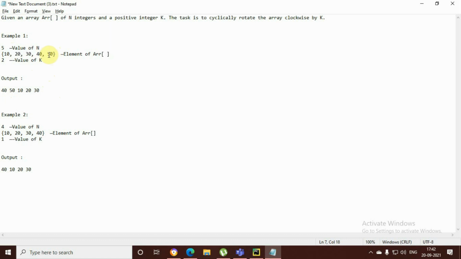We have to take the last element of the array and put it on the first, that is 0th index, and then delete this 50th value from the last of the array.